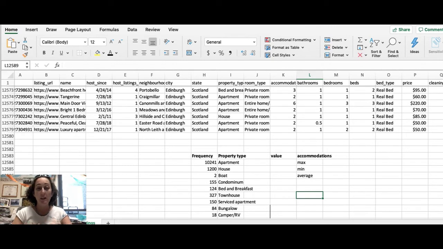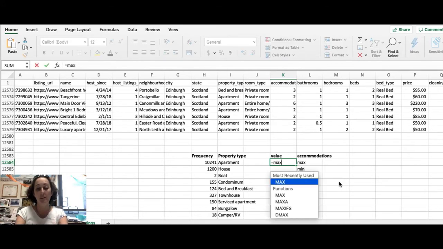So you'll see here I have the Scotland data pulled up, and I've already been building out the frequency table for the property type data that we saw before. I'm working right now on looking at a quantitative type variable, the accommodations. Those are always listed in terms of how many people can be accommodated. What we want to do here is show you quickly how to do it by hand, the longer way. And so I'll say here, if I want to find the maximum number of accommodations, I'll write equal max,